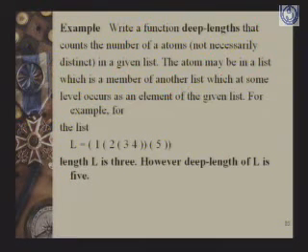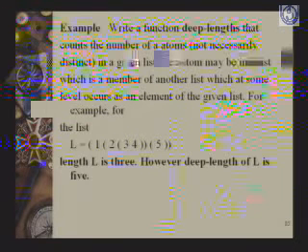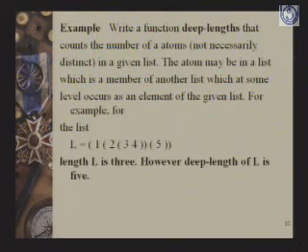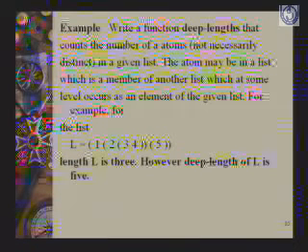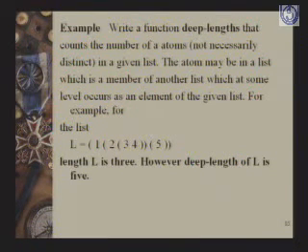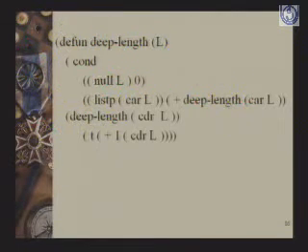However, we want a function to be defined in which we get the answer as 5, where 5 is the number of symbols which are occurring within this list. How to define this? Because the length function doesn't do it. The length function will always return 3, which is a built-in function. How to achieve this? For this purpose we will have to look into another function which is defined in the next slide. Here what we will do, at each step